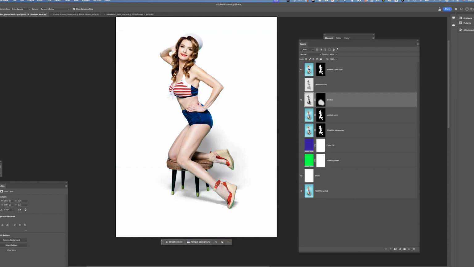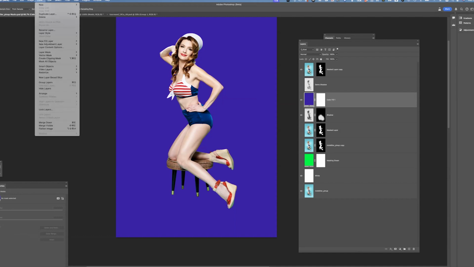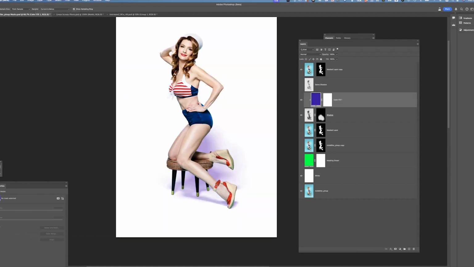And I could add the color to it a lot of ways. Since I already talked about doing color fill, I'm going to drag this color fill layer up to here. And I'm going to turn this on. And I want that to only affect this layer. So the way to get that to only affect this layer is to make it a clipping group. I'm going to show you in a moment what a clipping group is, but I'm going to make this a clipping group for here. So I can come here and say Layer, Create Clipping Mask,